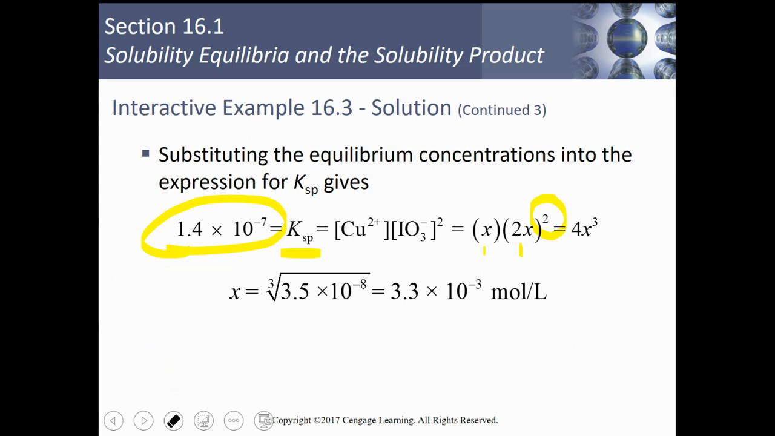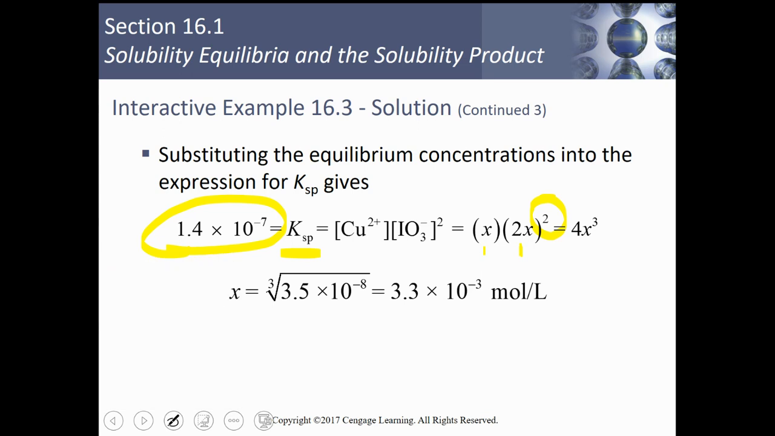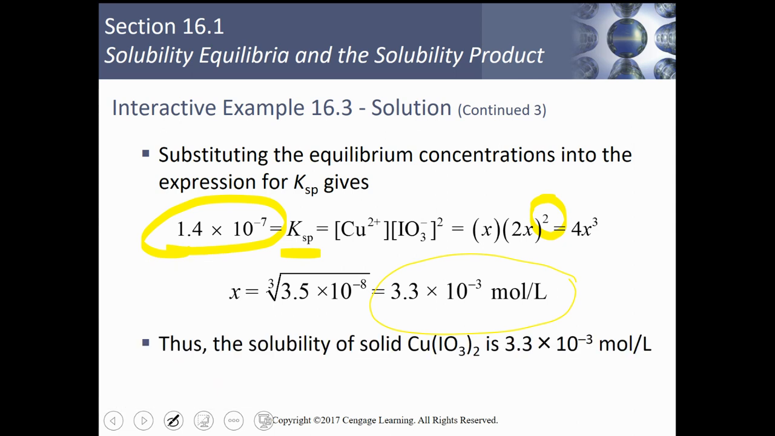All right, so now what we're doing is taking that 4x cubed and we're setting it equal to 1.4 times 10 to the negative 7, solving for x. X is our solubility. So cube root, divide by 4, you're going to get 3.3 times 10 to the negative 3 moles per liter. So your answer is that x